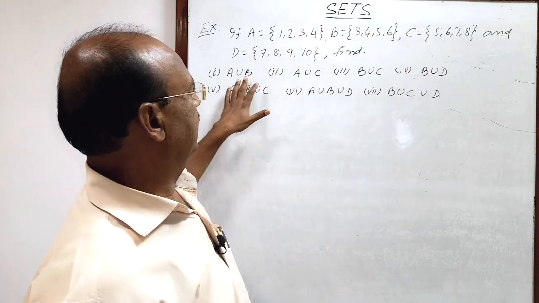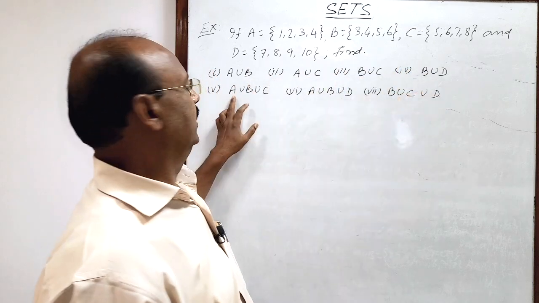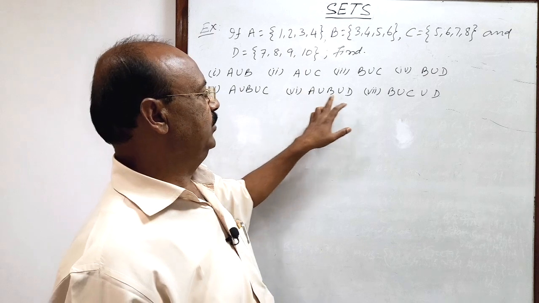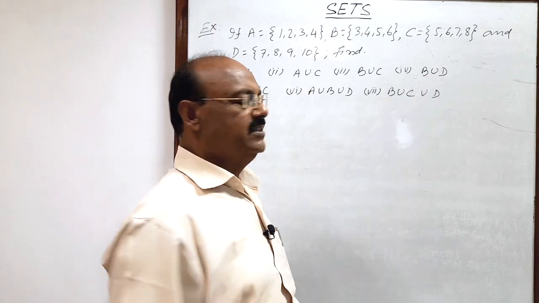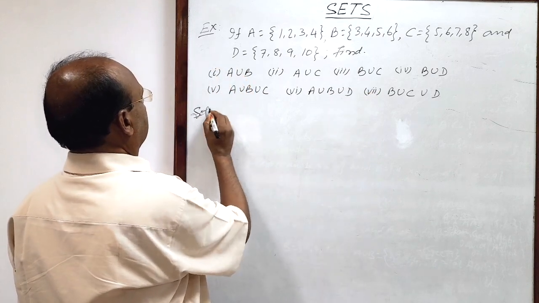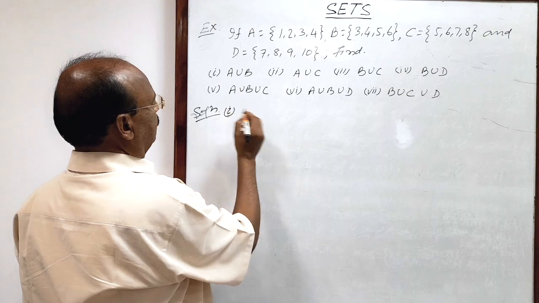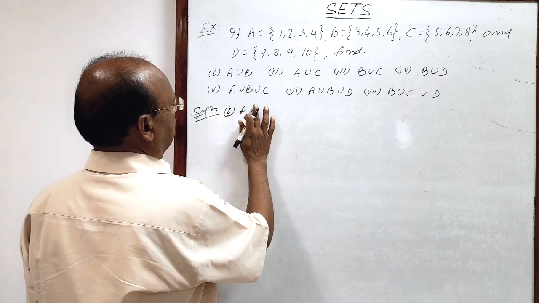We have to find A union B, A union C, B union C, B union D, A union B union C, A union B union D, and B union C union D. So let us do these problems one by one. Let us start with A. First we have to find out A union